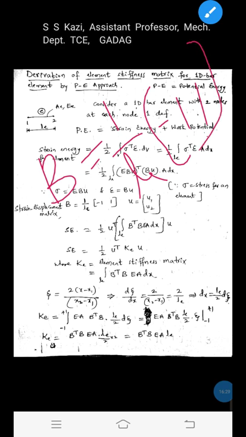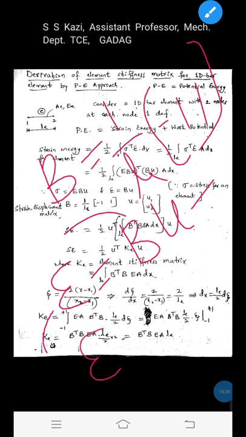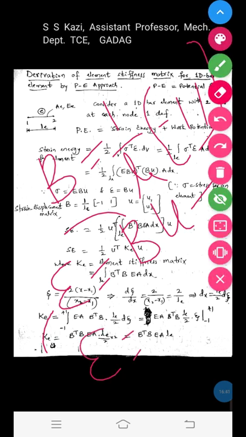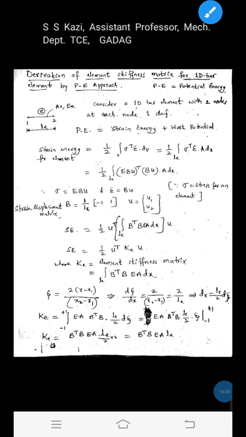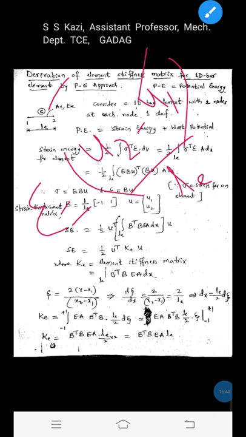This is the strain displacement matrix, given by strain is equal to B into U, which is used to establish the relation between strain and displacement. This strain we will write directly. The strain is given by change in length by original length. For this element, it is U2 minus U1 by LE, the change in displacement between the two nodes divided by the length of the element.